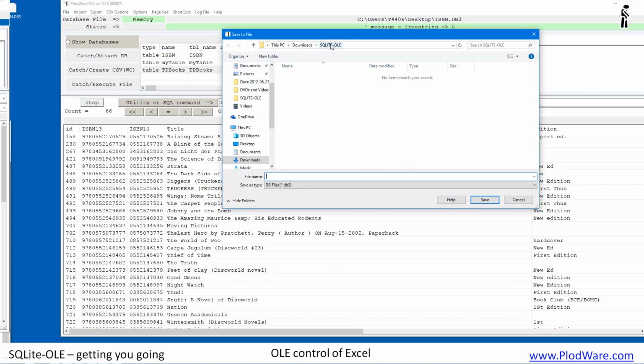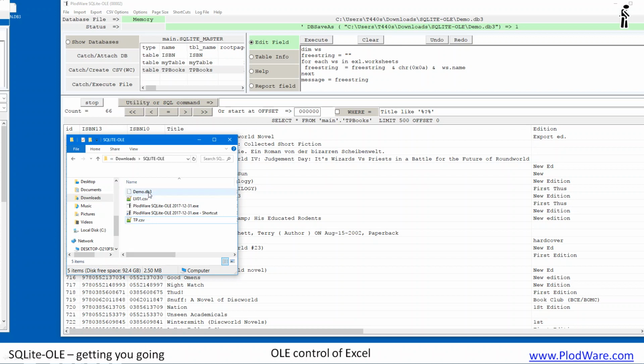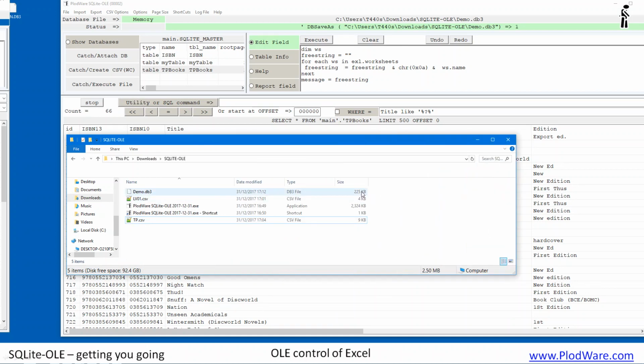I'll put it in this folder again, and we'll call it demo.db3. Save. And there is demo.db3. It's a file, not very big, 225 kilobytes,